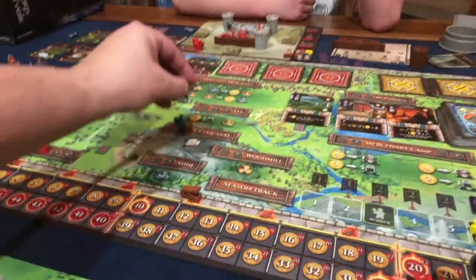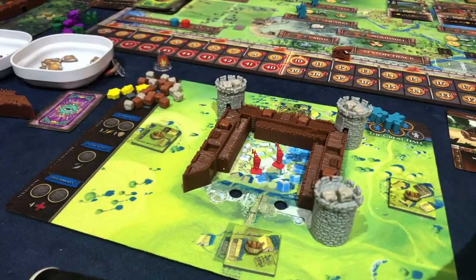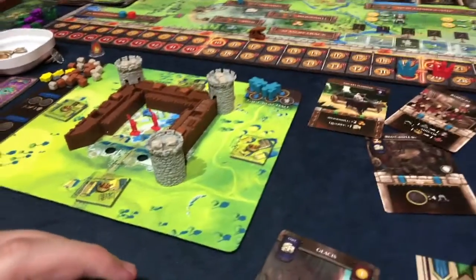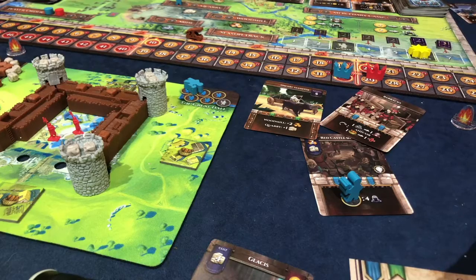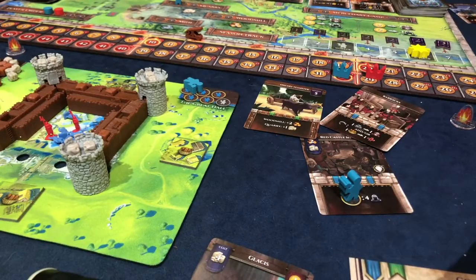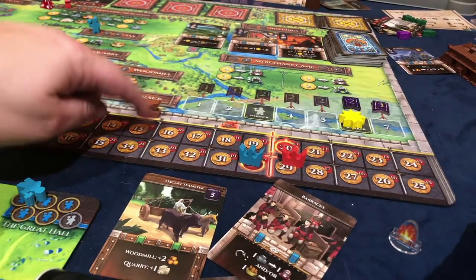Okay, so for my action, I'm going to go tax. And I get 1, 2, 3, 4 gold and 1 mercenary. Alright, and then I'm gonna go scout. And then I'm going to get 4 more. It's your turn again. By the way, we're here. The threshold's 15. So if anybody was below here,